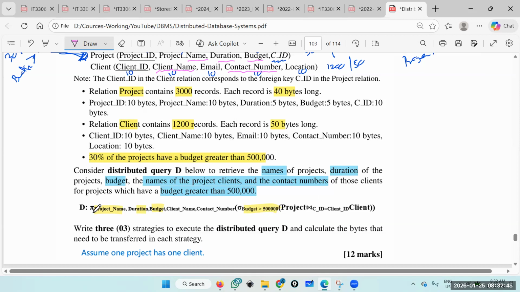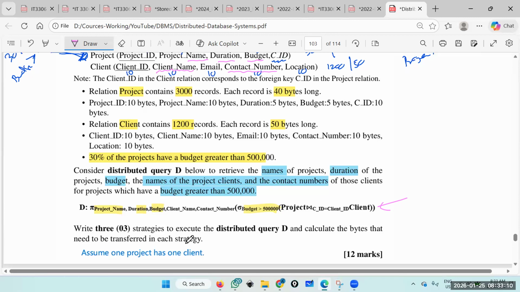Then you do the projection of the fields, right? So that is what the examiner has given, because sometimes you can do the sigma in the project and then do the join. But according to this, first you do the join, then the sigma, and then the projection. Okay. Write three strategies to execute distributed query D and calculate the bytes that need to be transferred